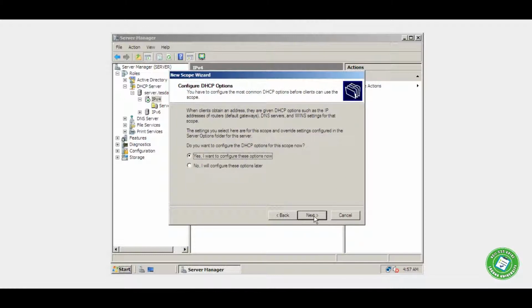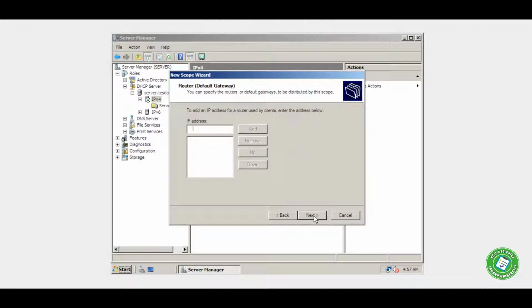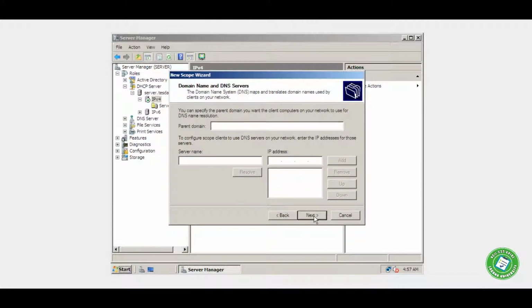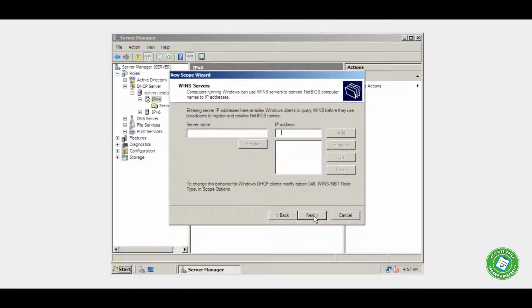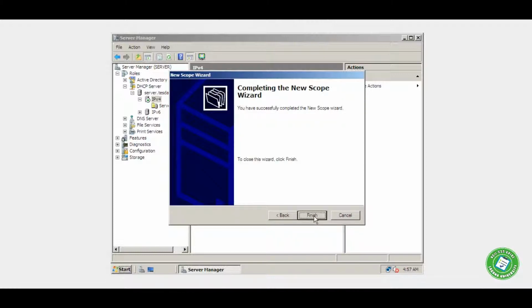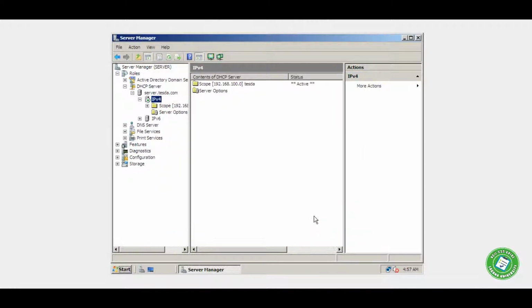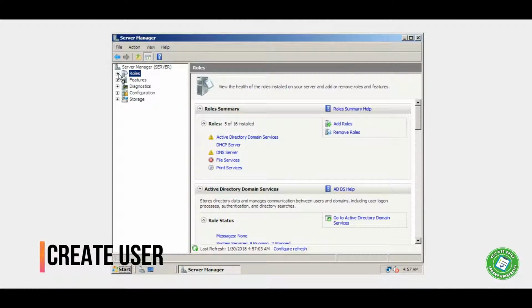Then next. Yes, I want to configure these options now. Then skip, next, then yes, then finish. Next is, always remember that the scope is active. Then the next is,